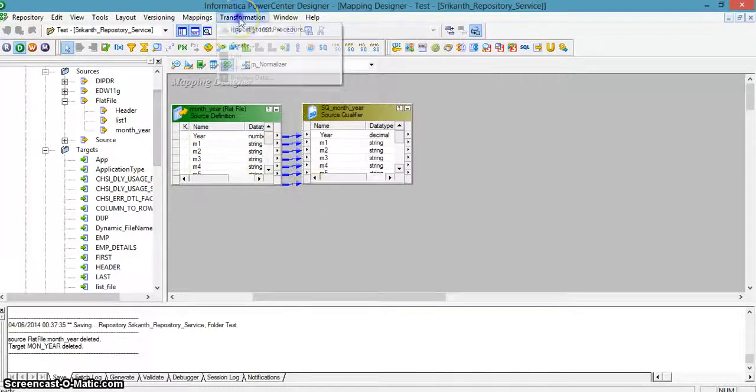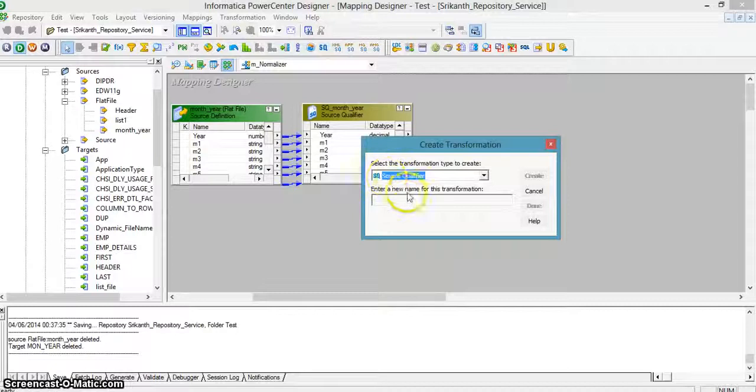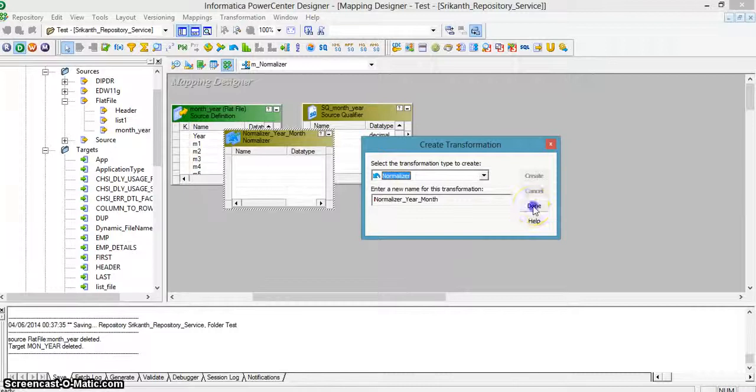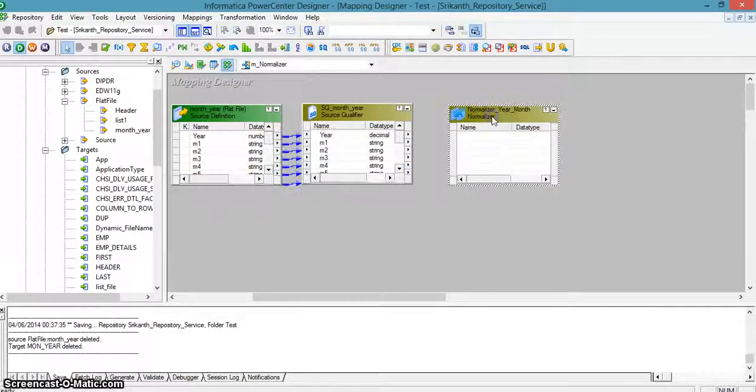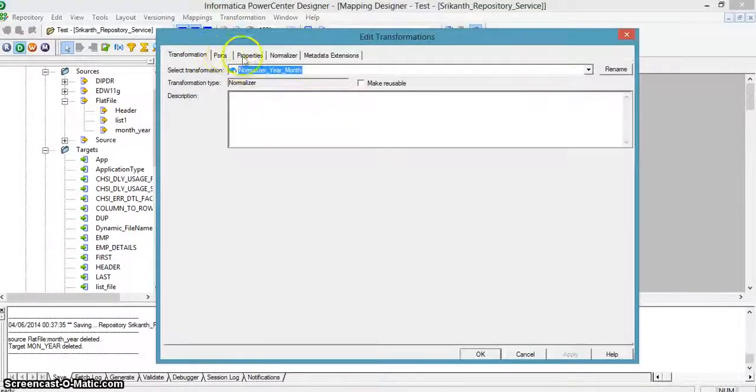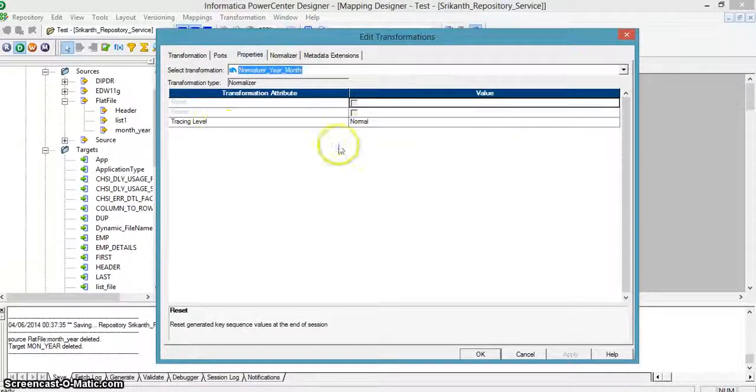I am taking a normalizer transformation from the transformation tab and giving the name normalizer_year_month. If you go to the properties tab, here we have ports, properties and normalizer tabs. In properties, the tracing level is normal, which is about the session log.